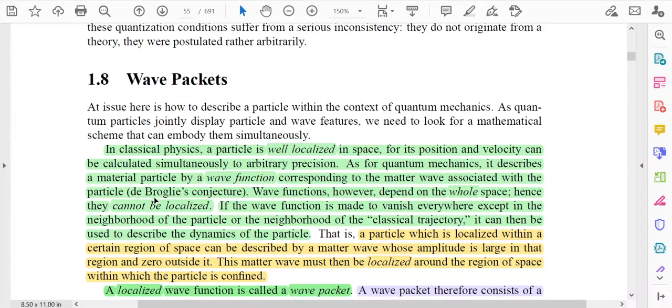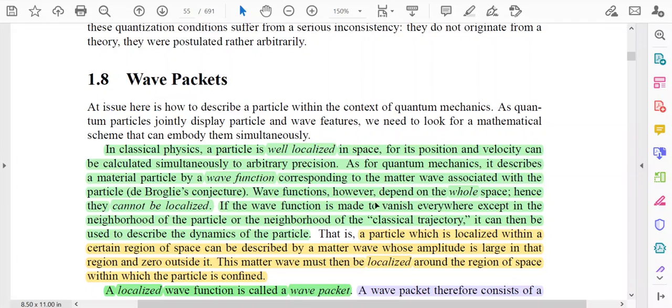with the particle. We know that in quantum mechanics, if we want to describe a material particle, then we need the concept of wave function. And what wave? This is the matter wave. As proposed by de Broglie, a particle has dual character, wave character and particle character, and lambda is equal to h by mv. We all know de Broglie's equation.